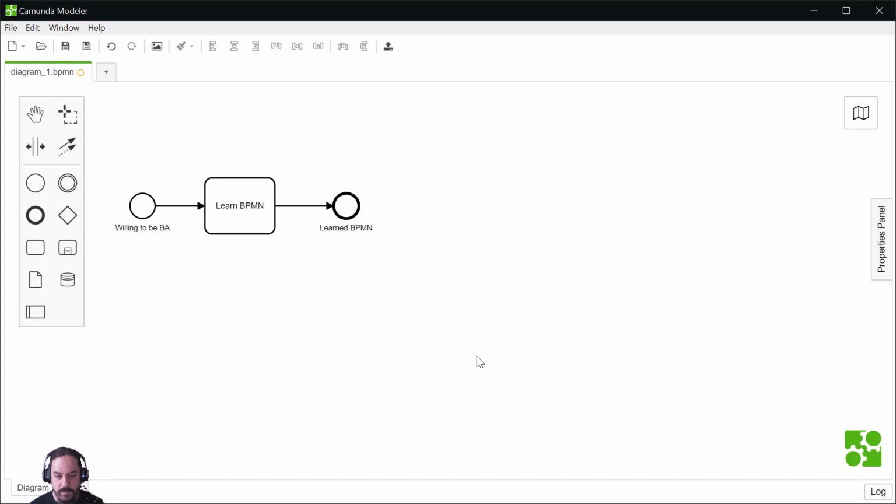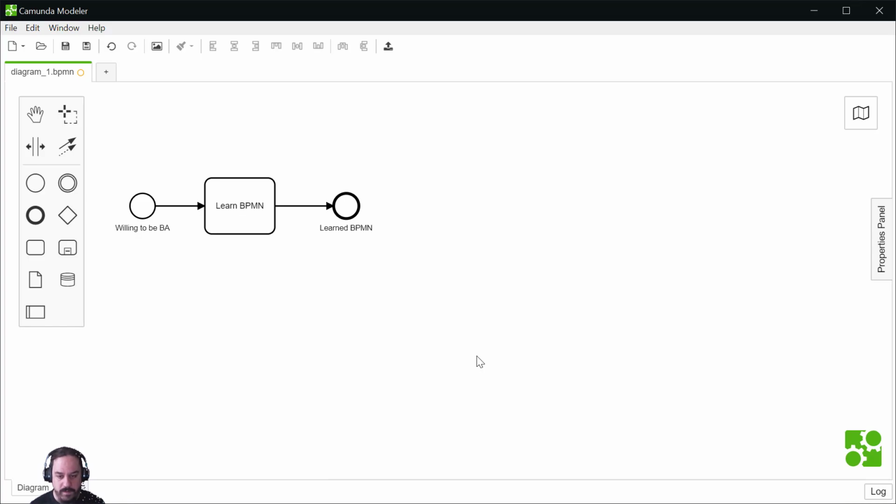In that very simple process, it's quite easy to follow. So let's see how a token operates. First, at the trigger, the token is created. Then the token will follow the flow and will go to the task, Learn BPMN. We don't know anything about this task, but we know that it has an exit point, and that's all we know.